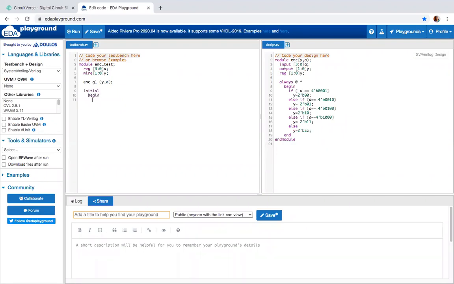Initial begin. Let me take the first test at #0. So at #0, what is your input? We have only one input. In the test fixture, you have to only specify the inputs. The output should be generated by the system.